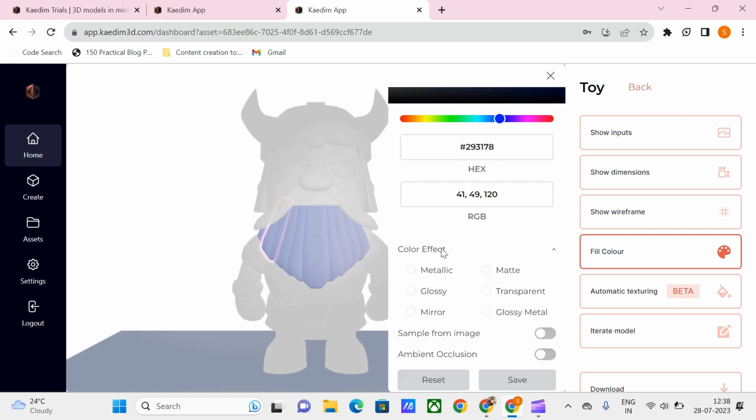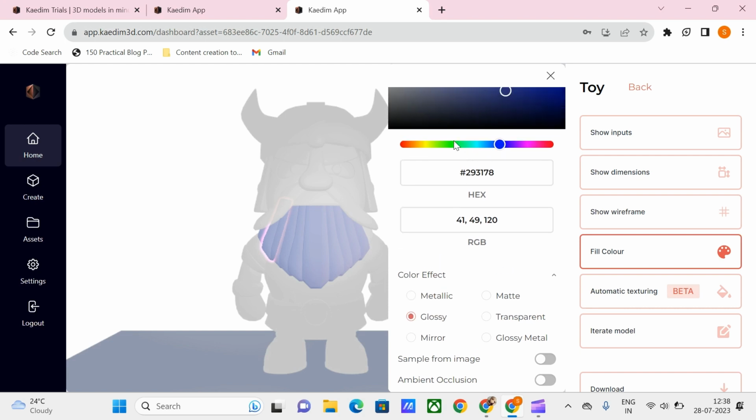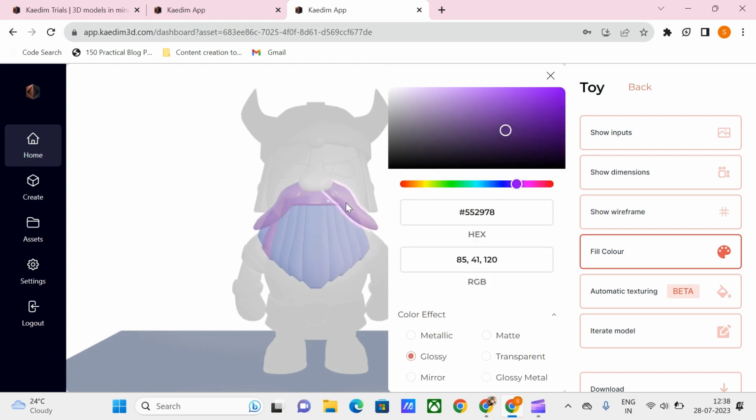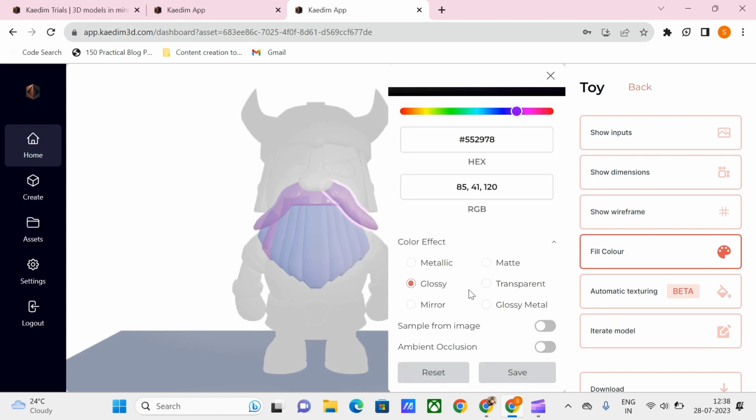We can even choose the color effect. Let's say that I'll choose some glossy one and go to the green color. In this way we can even choose the color effect, and also here are some other options which you can use. So let me reset this as of now